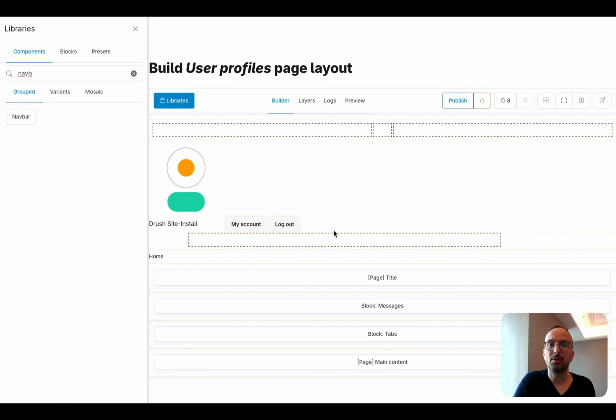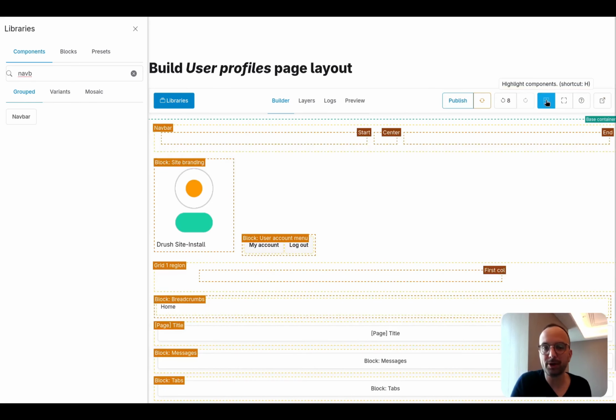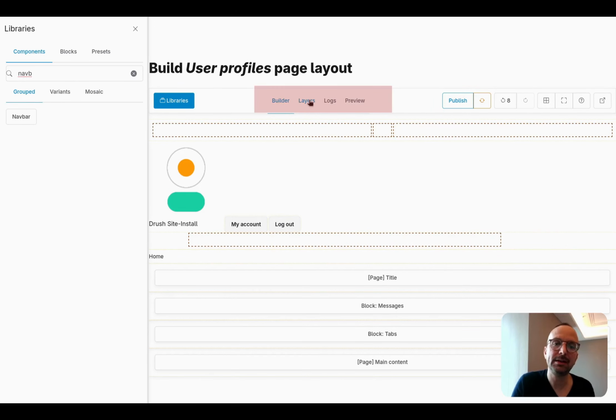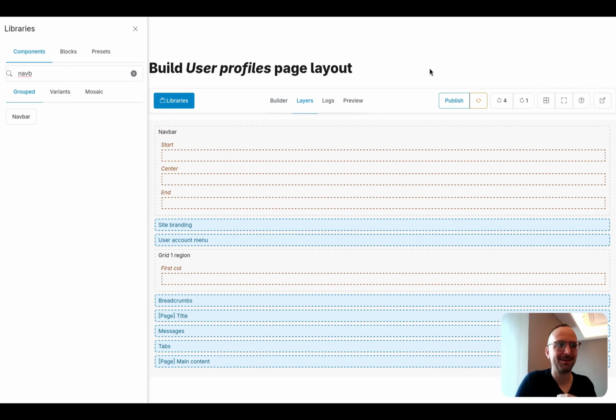If I want more visual clue, I have 2 tools. On the toolbar, I can highlight component, and here you see every block, every component and every slot visible. And also the Layers tab, where I have a schematic view of everything in my display. From here, I can move my block around.